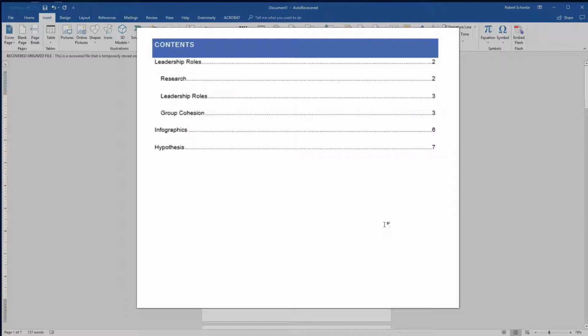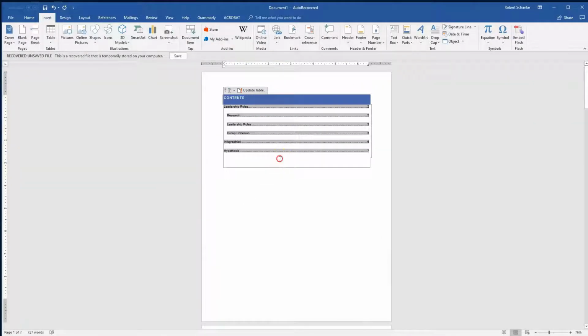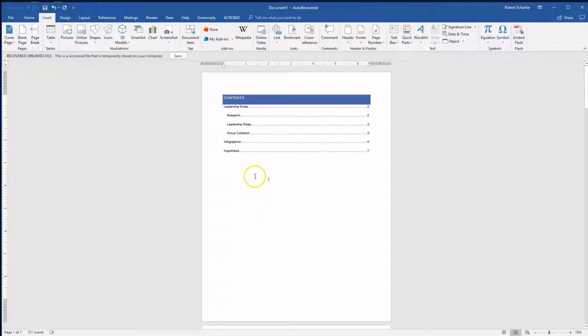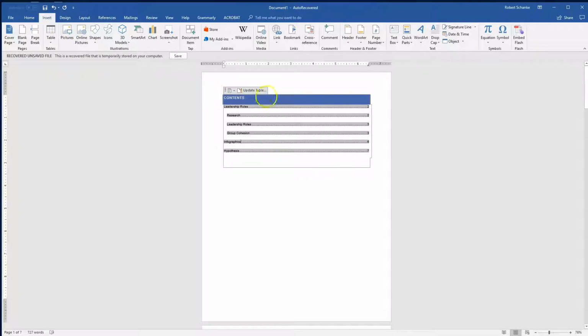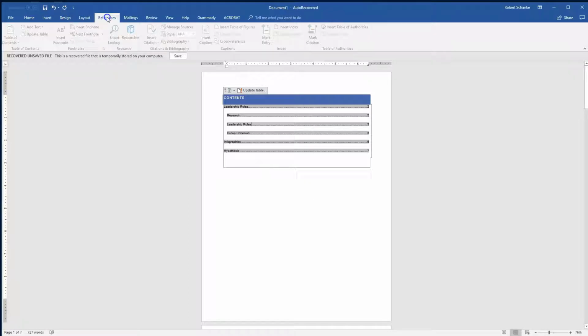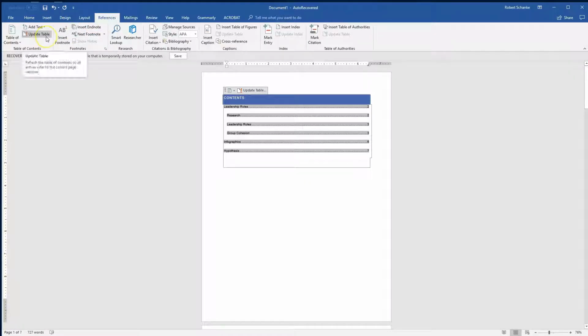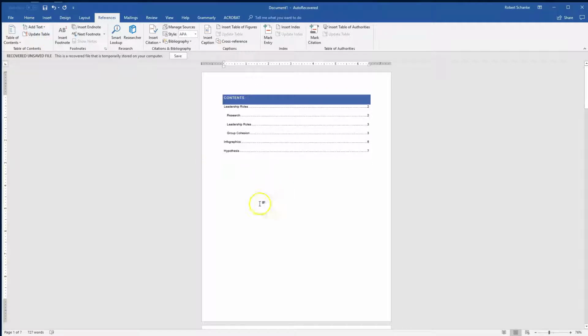So make sure when you're working with these that you always update your tables. Whenever you're working with the built-in table of contents, if you ever make any changes, before you do the final version, just make sure you come in here and you either right-click and update table, or go to your reference sections and update table. There's 3 ways, but just make sure you update that table to ensure you have the proper